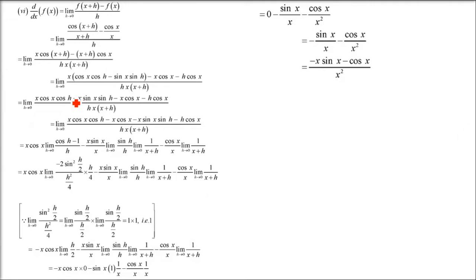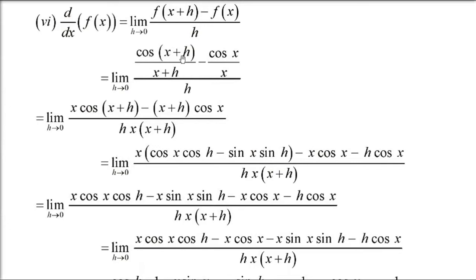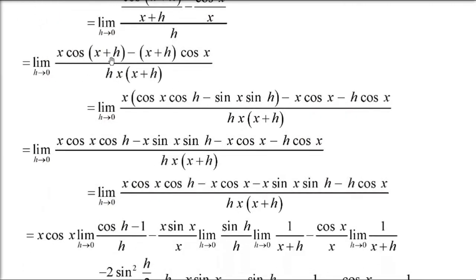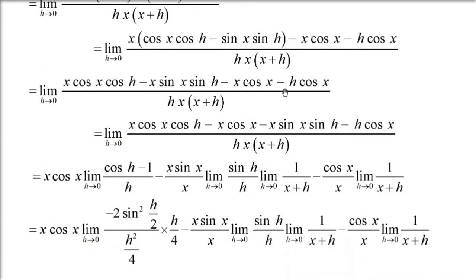Next is cos x by x. Now you know how to do this, the same thing as sin x by x, so I'll just go through this. We have (cos(x plus h) by (x plus h) minus cos x by x) by h. Now take the cross multiplication or take the LCM, and open this cos(x plus h) as cos a cos b minus sin a sin b, and multiply x with this inside. Now x cos x you can take common from this and this one. I'm taking x cos x common, so you get (cos h minus 1) by h.